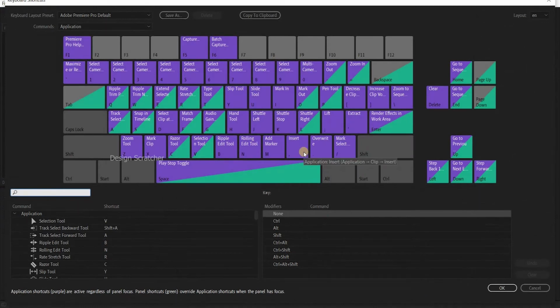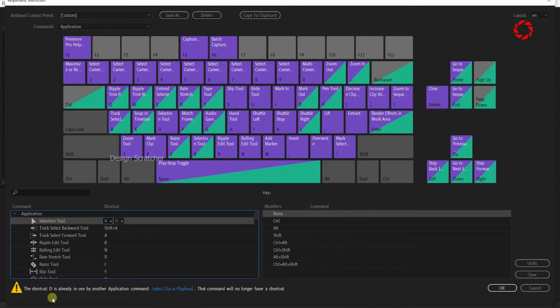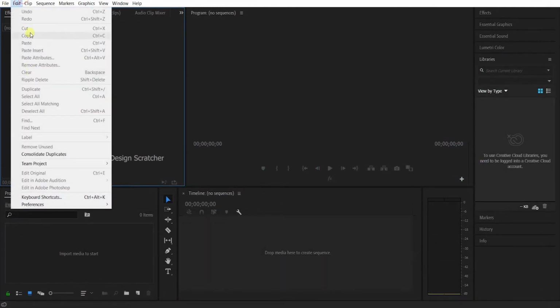After that, you can also learn about the keyframes, which will be changed here, and type it for another key also. Means you can change the shortcuts, which will be already in the application commands. See, D is already taken, so you can change it to any kind of available key. You can use the same for paste and everything. You all know their meaning also, and you can check the shortcuts also: Control Z, Control D, Control C, Control Shift V, everything.